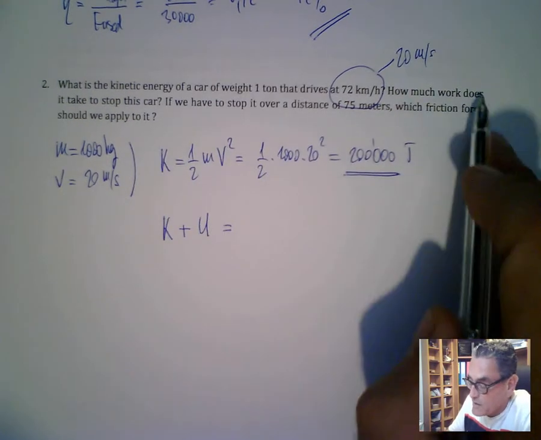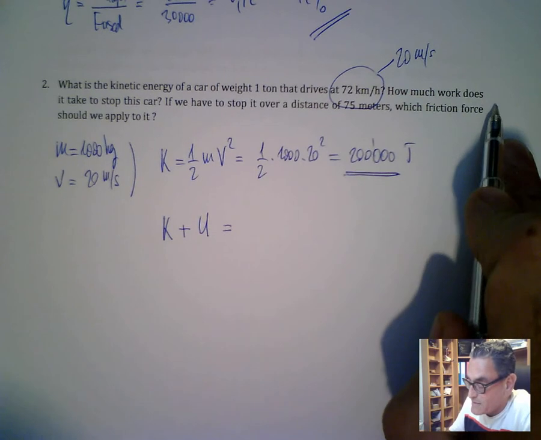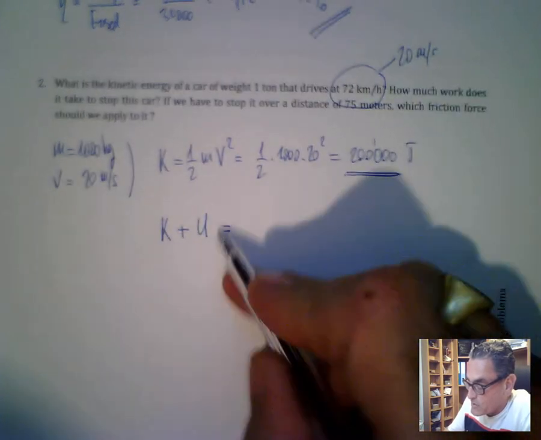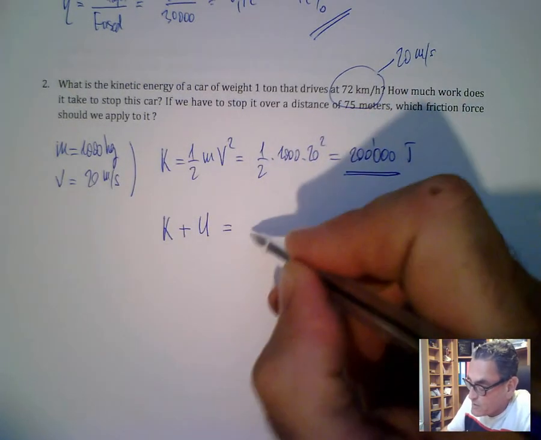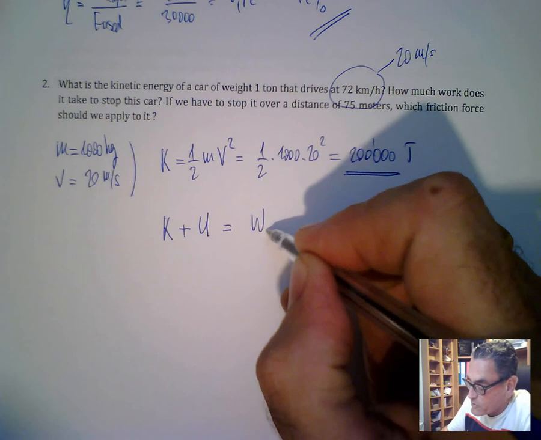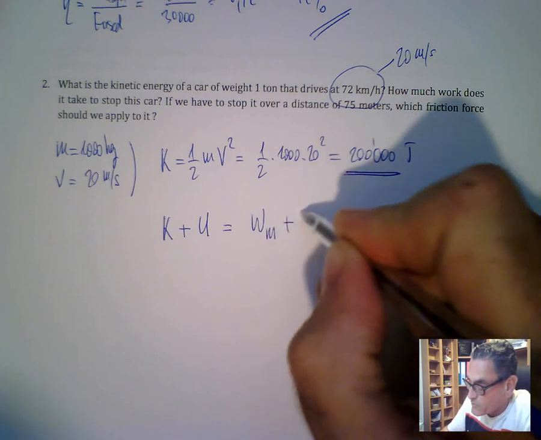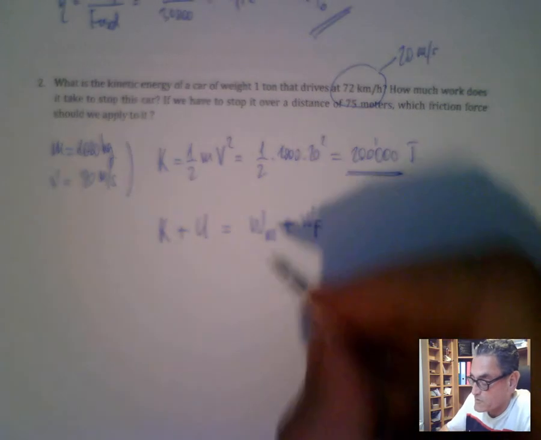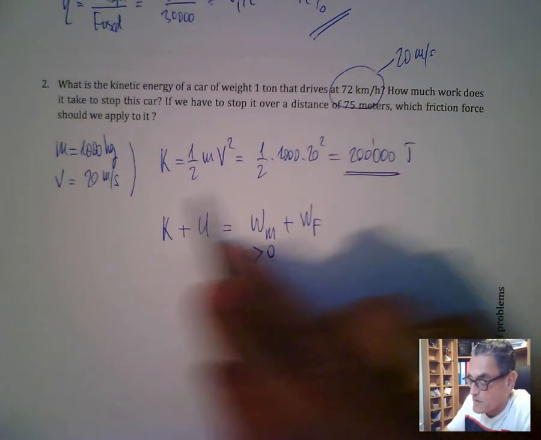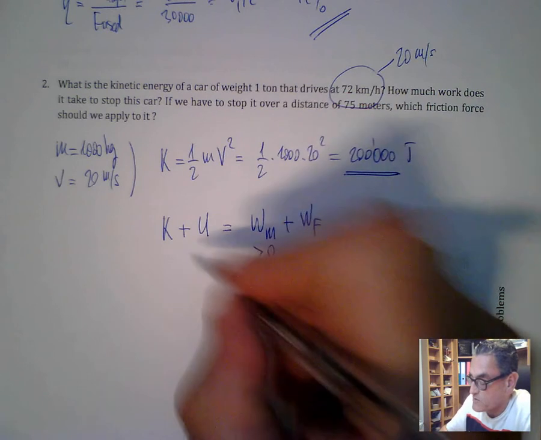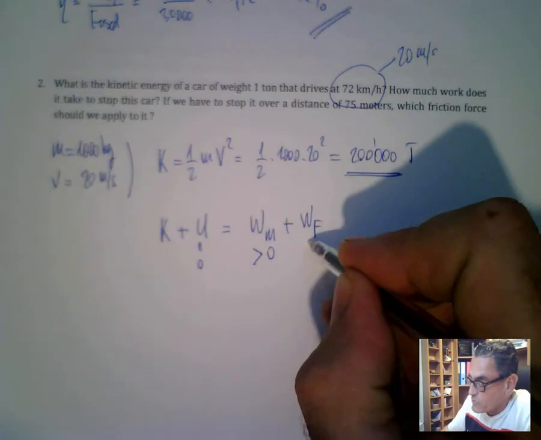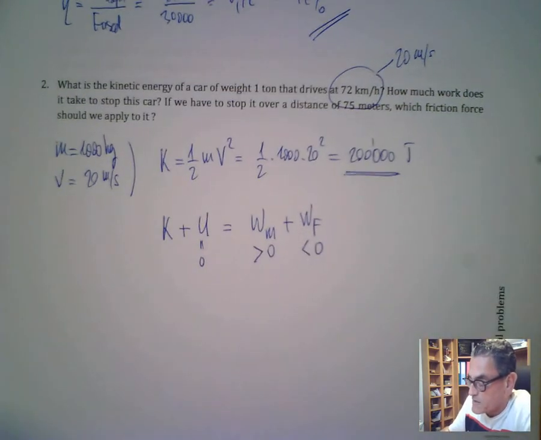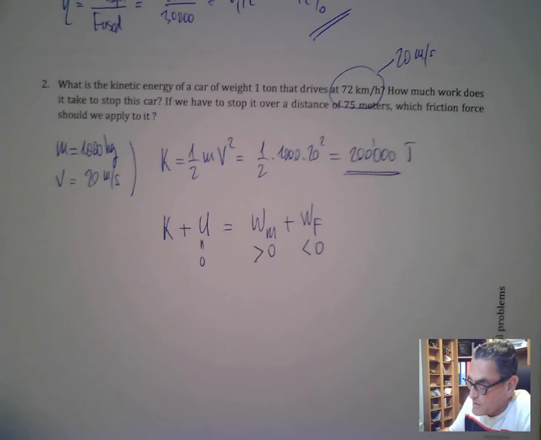Okay, here we are horizontal, so the delta K and delta U are given by the work of motor forces plus the work of friction forces. I remind you that the work of motor forces is positive, so it makes K increase, for instance, because here U is 0. And the work of friction forces is negative because of the angle between the force and